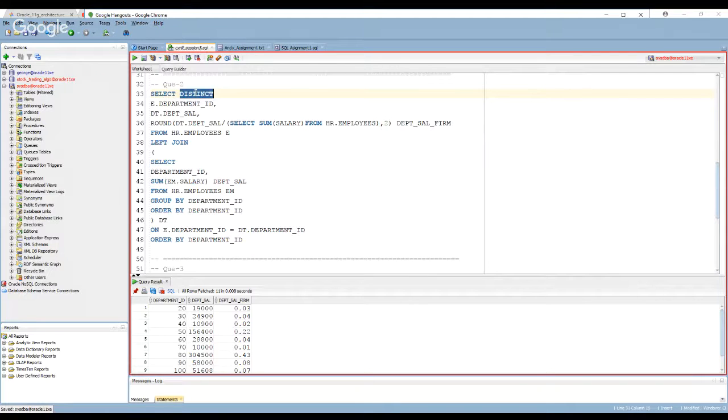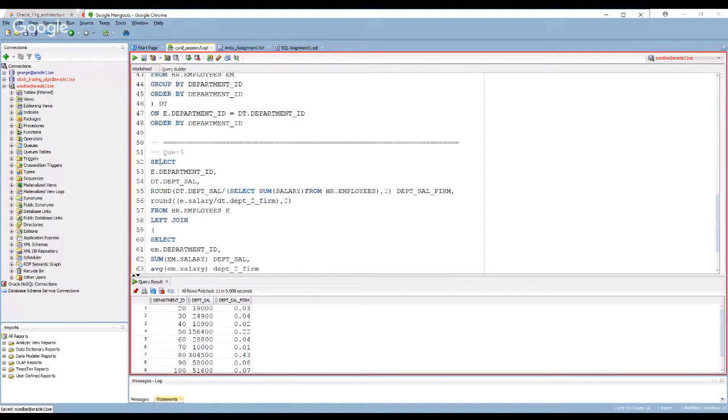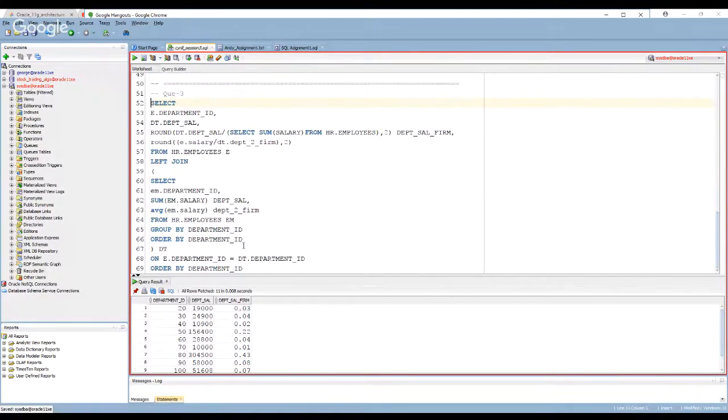This approach is dangerous because imagine you're dealing with 10 million records. Distinct can take a very long time to come back because the database has to compare all the records and figure out which ones are the distinct records, right? And that's a very expensive process to do if you're dealing with 10 million records or 100 million records. So that's why I'm saying that it's not a good approach to solve the problem this way. Okay, so that's that part. And then the question 3, you said, okay, let's run this.